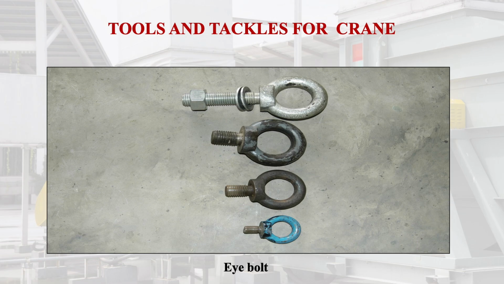Another, this blue color arrow, we have shown that these threads are likely to get damaged if overloaded. Therefore, we should also inspect the threads for soundness. There should not be any tear and wear on the threads. Therefore, all the 3 points we have discussed in the eye bolt are very significant and normally ignored in the